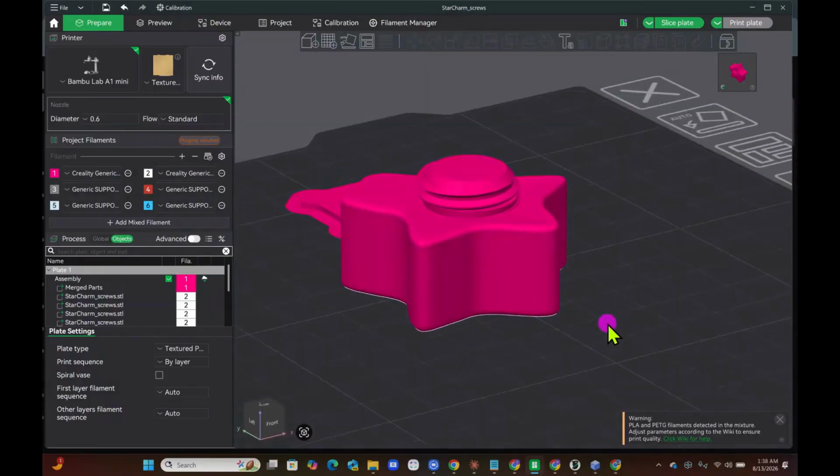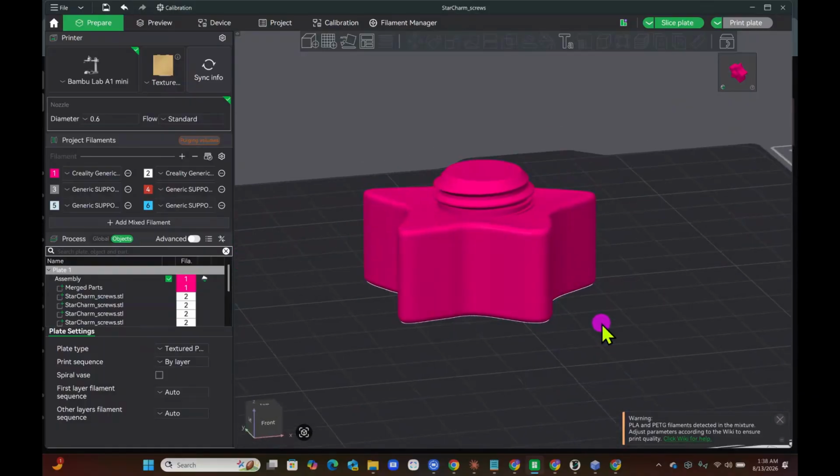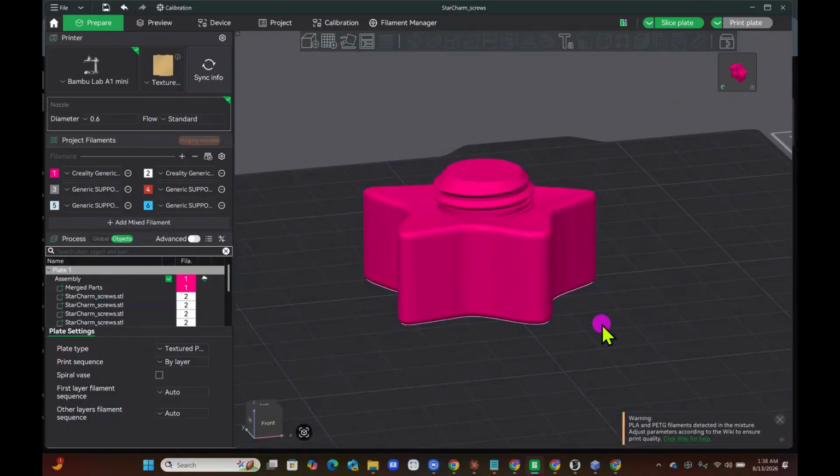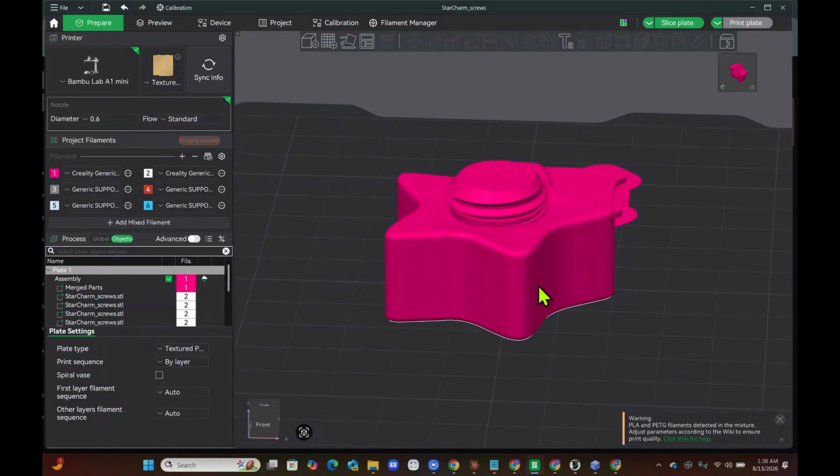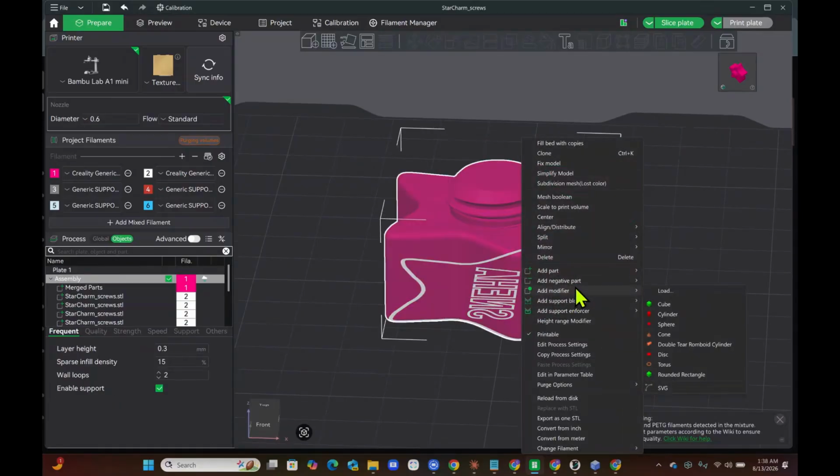I'm going to show you how you can add a part inside of a model. So I'm actually going to be putting in, if we right click on it, we're going to click add part and we're going to put it inside the model. This model is actually